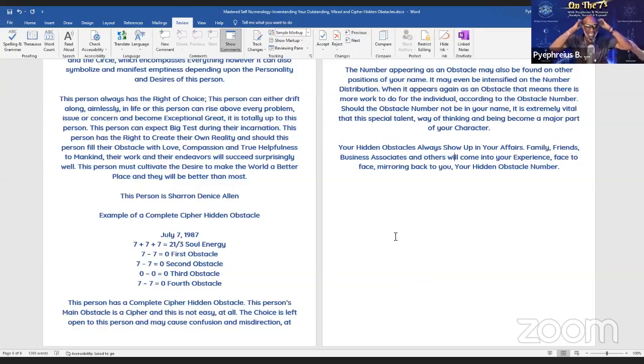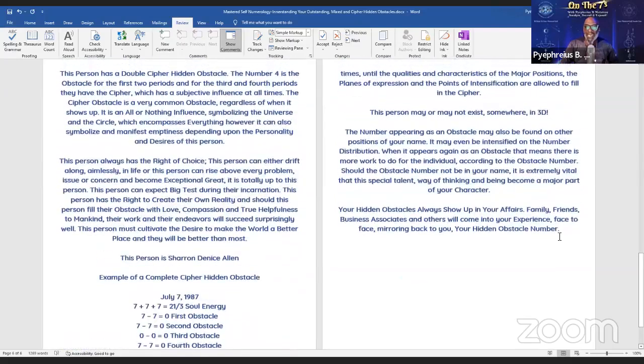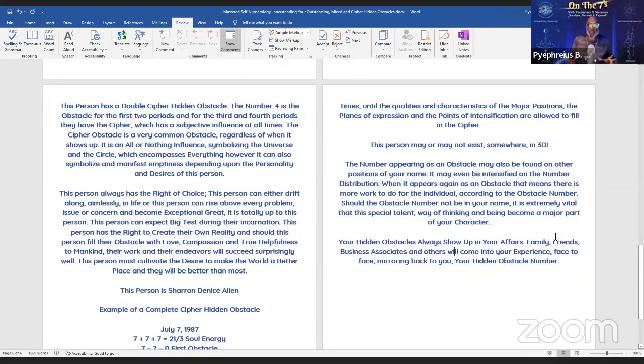This person's main obstacle is a cipher, and this is not easy at all. The choice is left open to this person and may cause confusion and misdirection at times, until the qualities and characteristics of the major positions, planes of expression, or points of identification are allowed to fill in the cipher. Because they have the zeros on all of that, this person's major positions, first step, middle name, last name, soul